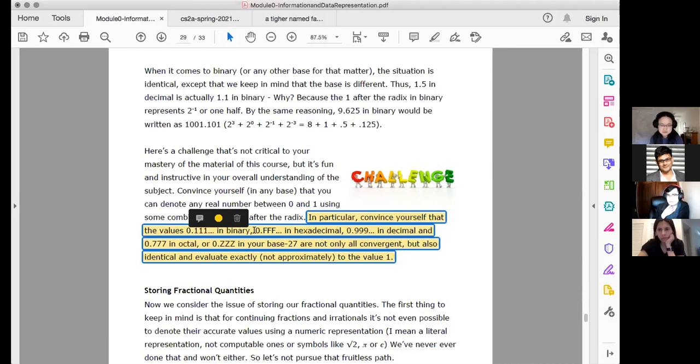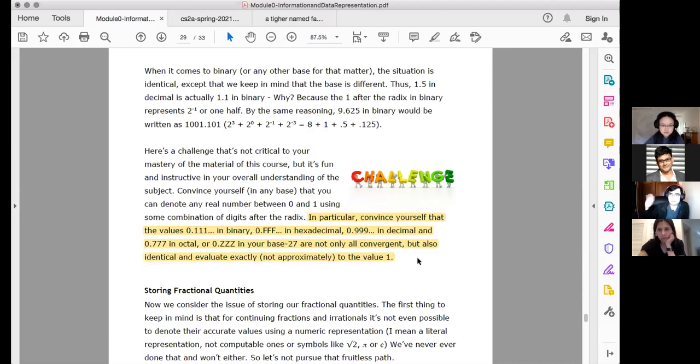I think it's because as you keep going, you get closer and closer to 1. Let's take binary, for example. Past the dot, the radix, you've got 0.5. It's 2 to the negative first. Then you've got 0.25, which is 2 to the negative 2. Then you've got 0.125, 2 to the negative 3. As you add more digits past the radix, you're getting closer and closer to 1. I guess it's converging to 1 as you add more digits. Does that make sense?